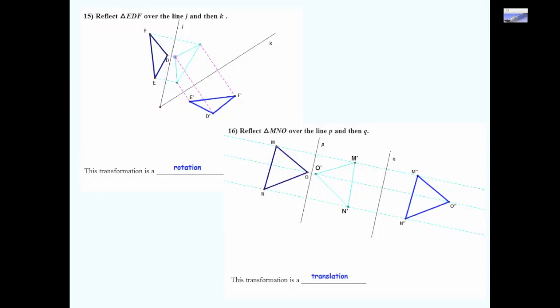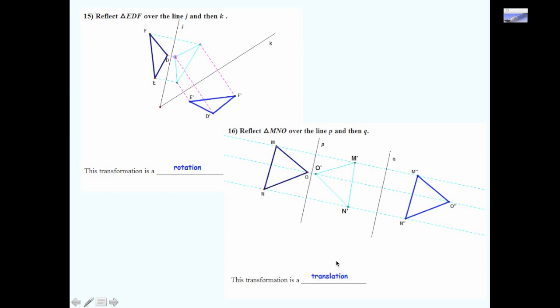You can see from number 15 that triangle EDF reflects over the line L and then K, which then forms a rotation. And number 16, triangle MNO reflects over the line P and then Q, which then forms a translation by